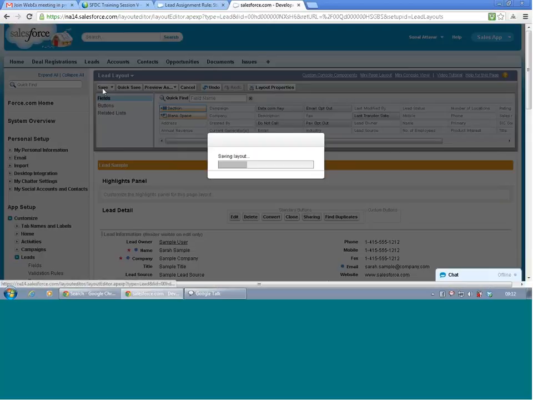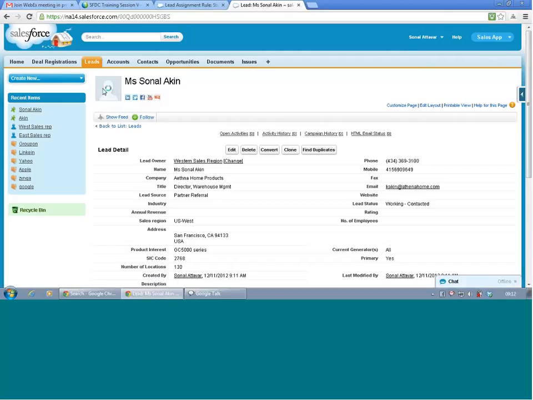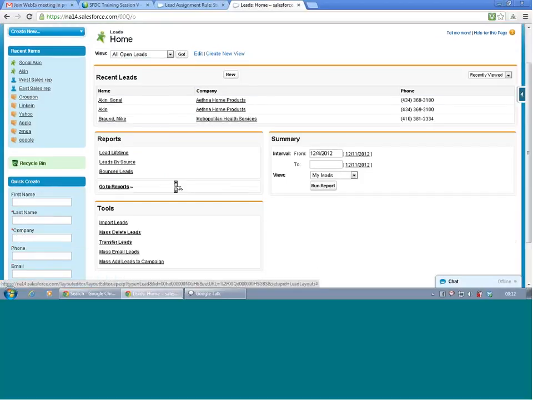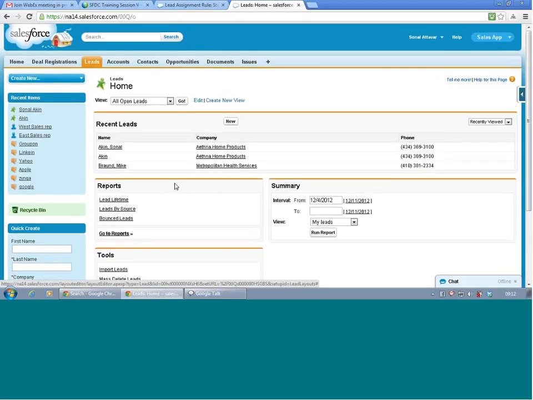Save this layout and go to the leads tab. Go to the leads tab and run that view.